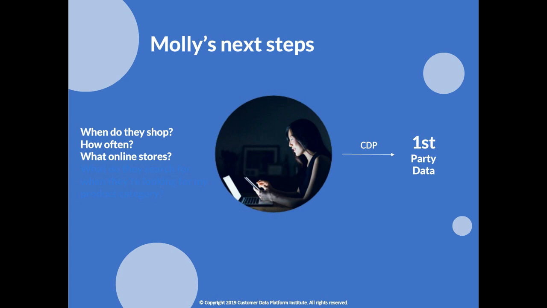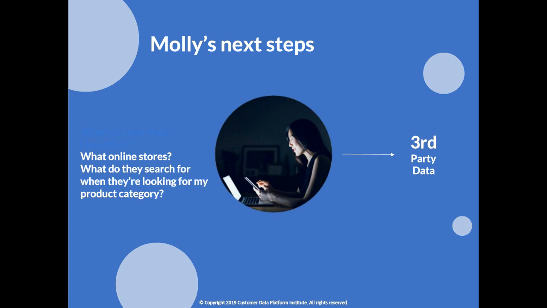And they also kind of have a baseline for some of their favorite places to shop online. But again, this is for a totally different category of product. So now they have to look to either a partner or a third-party data provider who can help to start filling some of the gaps of these online shoppers and similar audiences, of course. So they're hoping to find out more about their preferred stores and to validate what they already know about where this target audience shops.